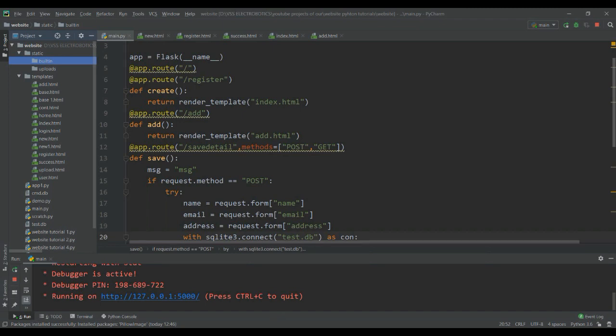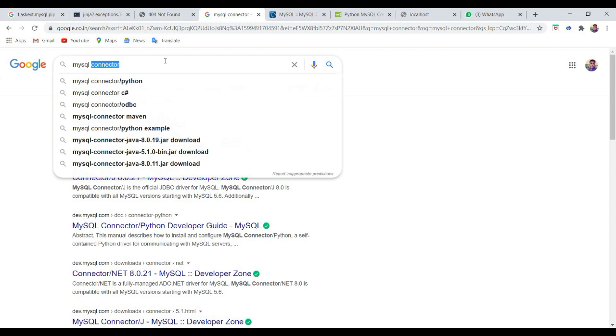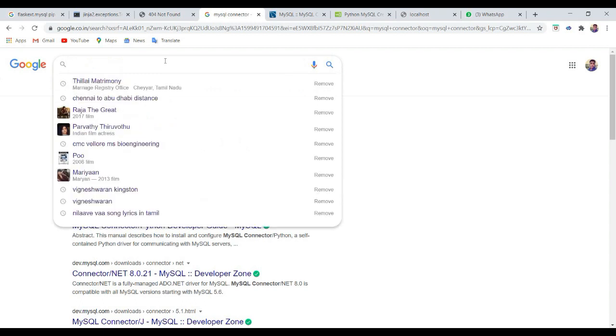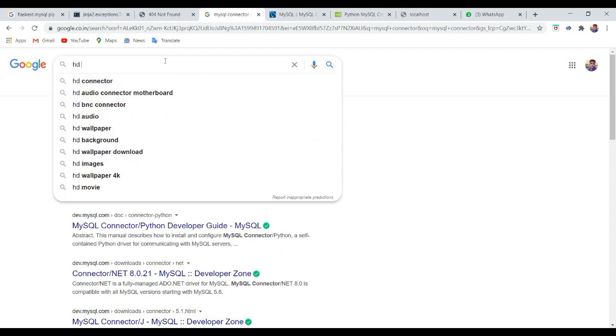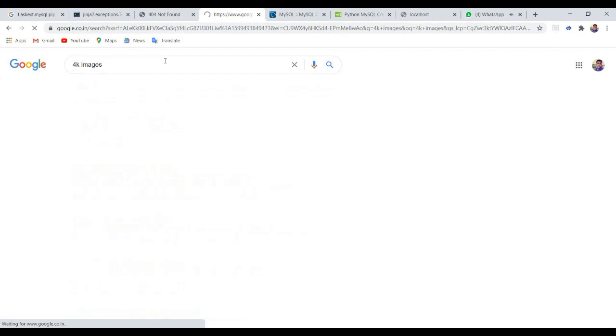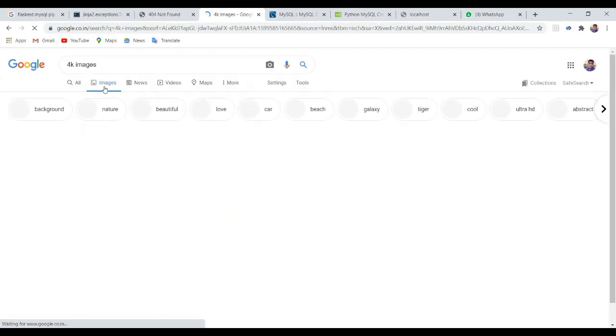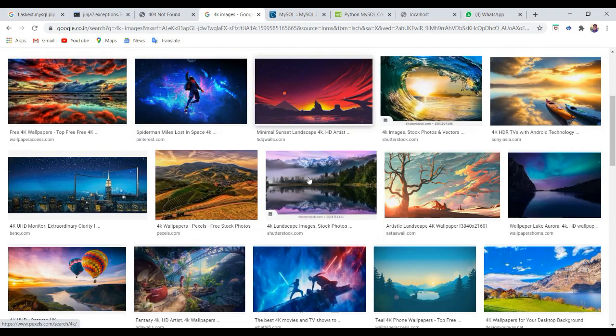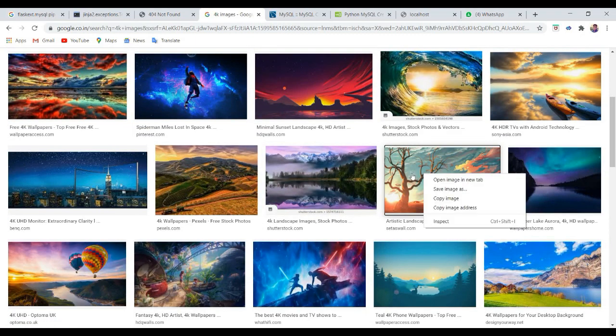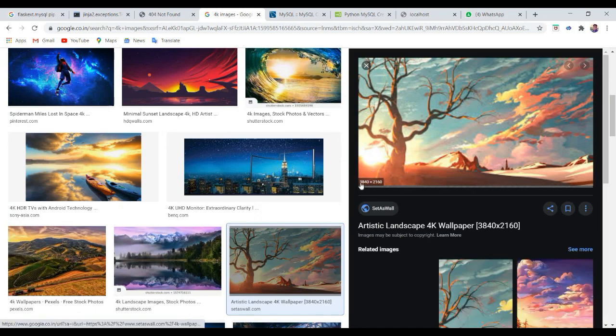grab some HD images. Let's go back there and type HD images, or you can actually type 4K images. Let's go back here and open this. Look at the size, 3840 by 2160.